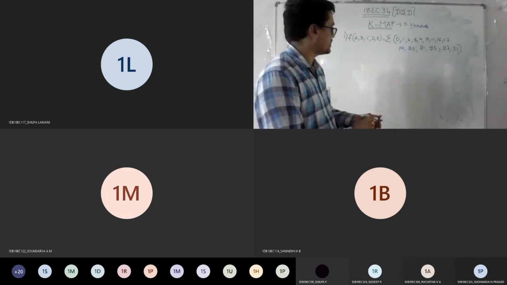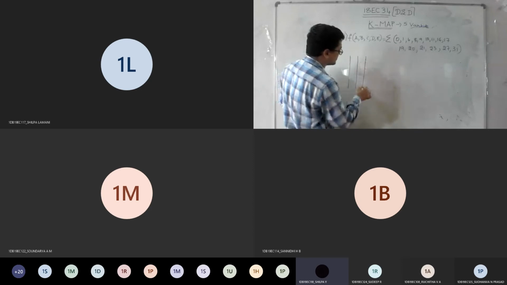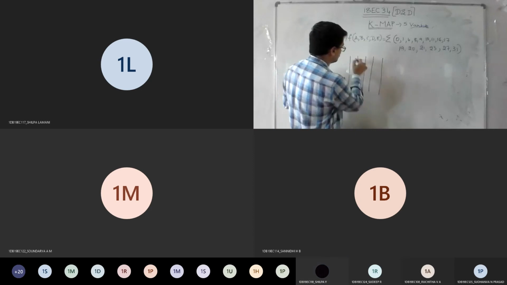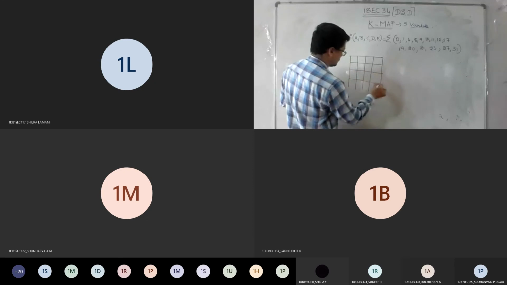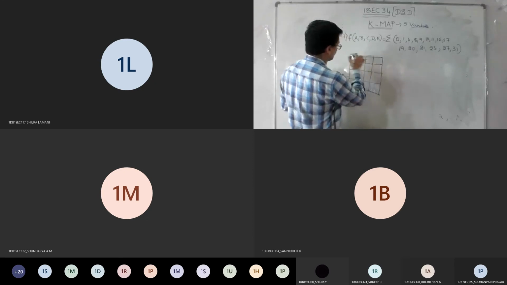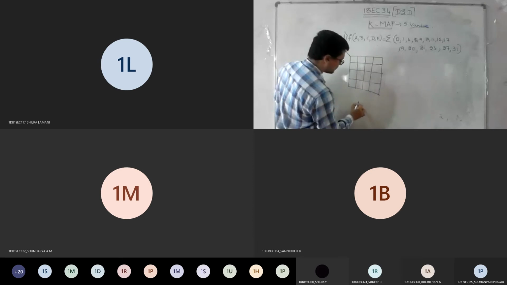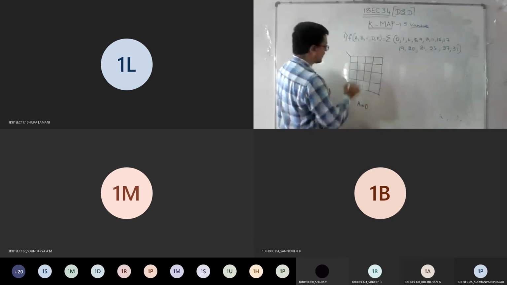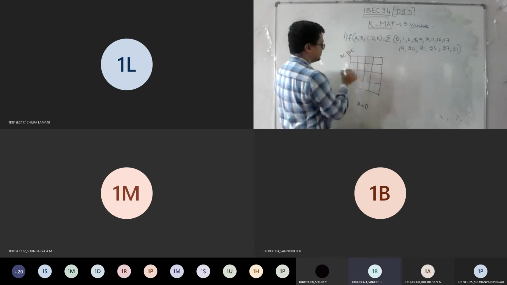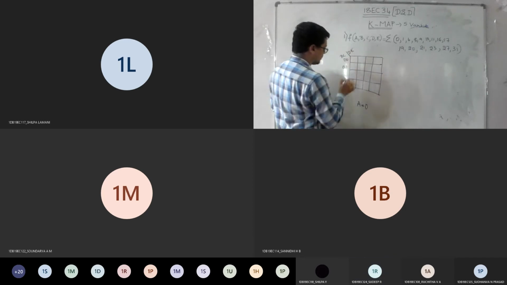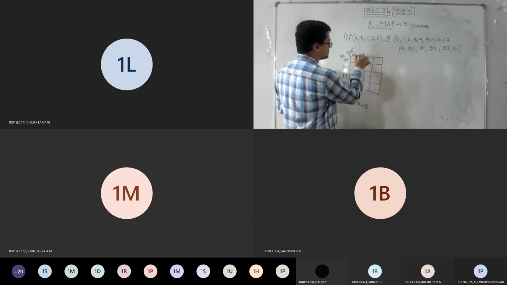So I should have 32 combinations, which means I should have 16 cells in each table. Let me plot the first one. Everyone, let's listen first. I'll give time for it, not an issue. I want you to understand the things. Here, A is equal to 0, and the left out variables are B, C and D. So 0 0 0, 0 0 1, 0 1 0, 0 1 1, 1 0 0, 1 0 1, 1 1 0, 1 1 1. Correct? Same logic.